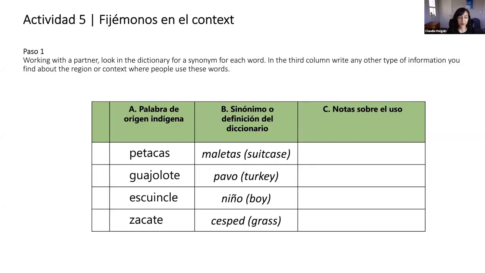Okay, so as you may have anticipated, students picked more words from column A for the quote unquote informal context, and more words from column B for the quote unquote formal context. In a traditional class where we emphasize language awareness, we stay there, right? And we tell them, very good, yes, you don't use guajolote for a formal note, that is very informal, etcetera. With critical language awareness and with decolonial knowledge,